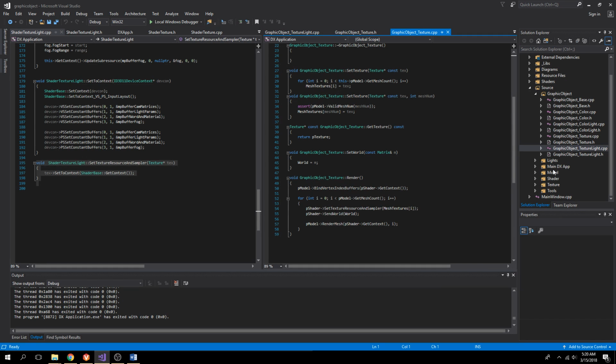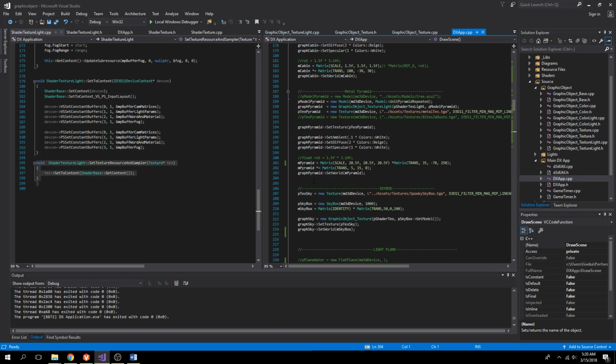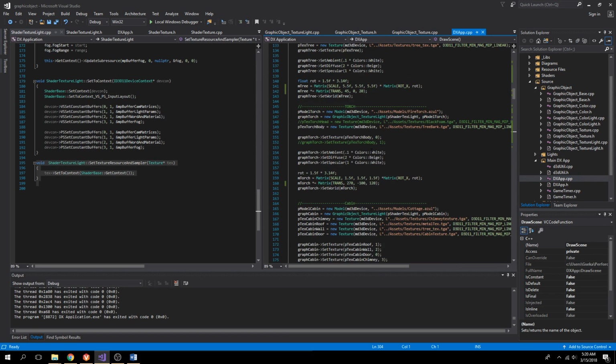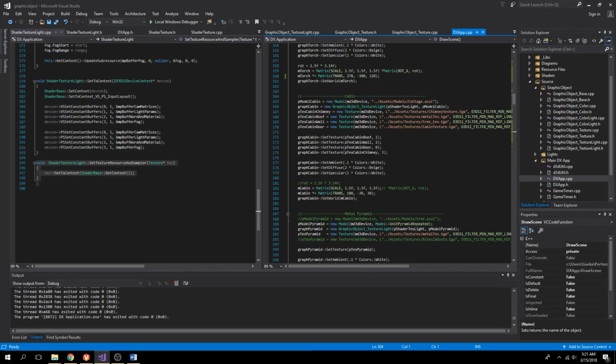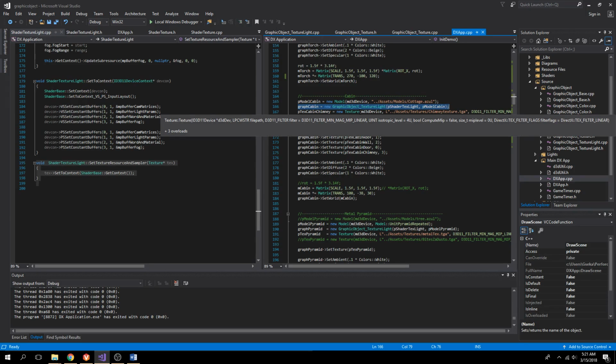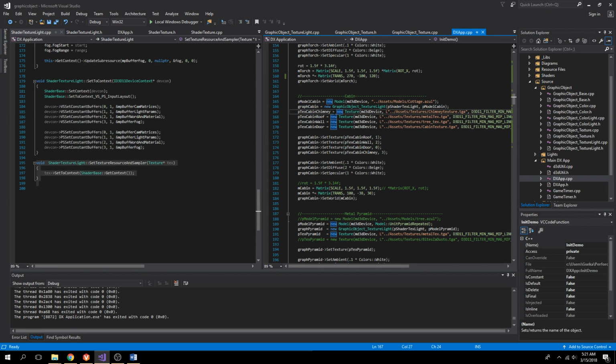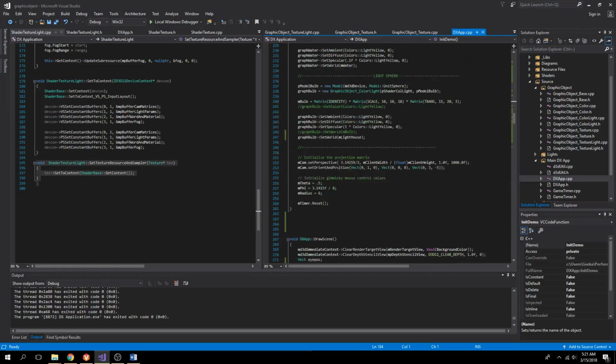I'll pull one up really quick. So, the cabin. I create a model, and I can then pass in that model to my graphics object, so it stores the model. I can then create my textures and pass those in, set my light parameters, set my world, and then